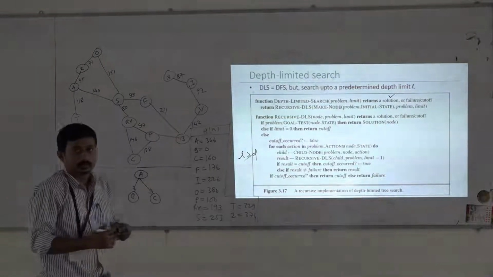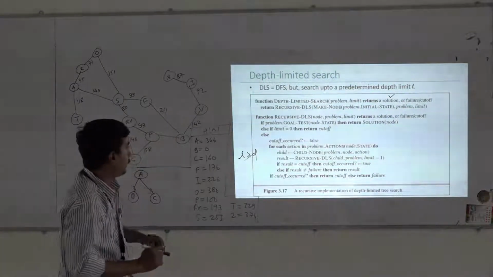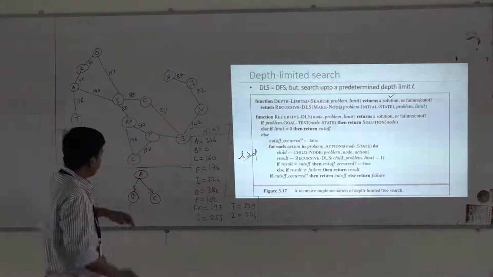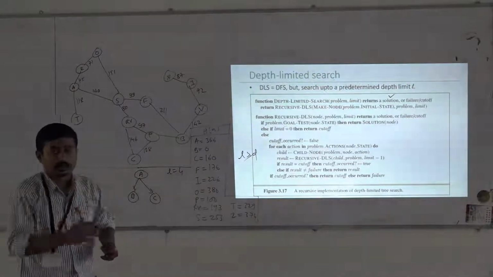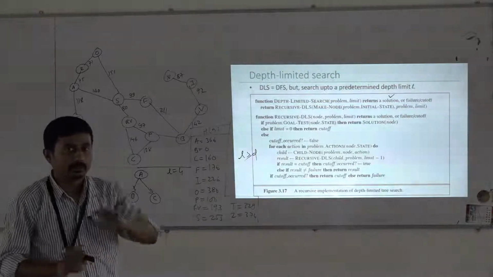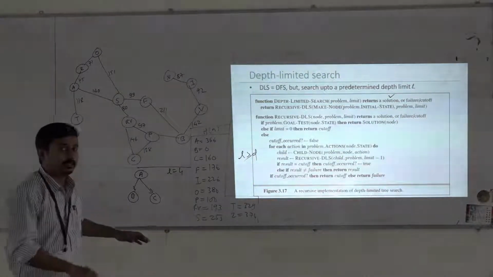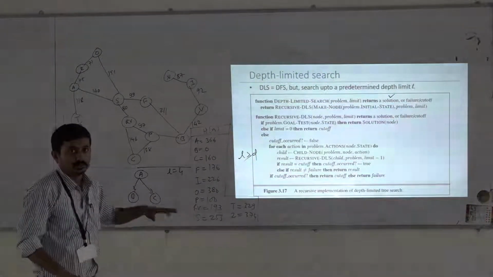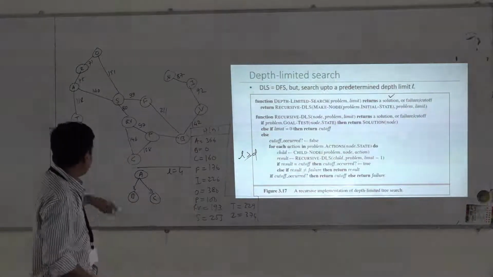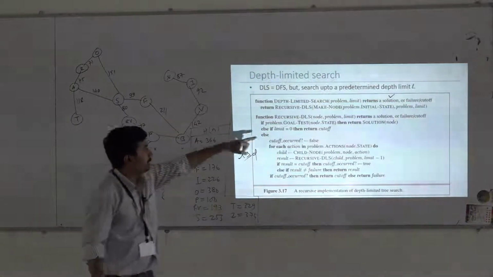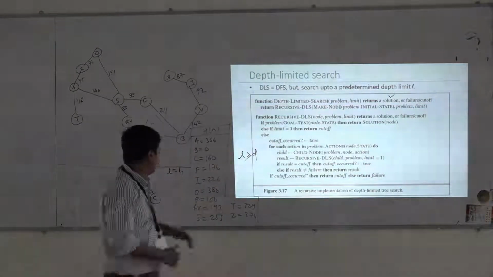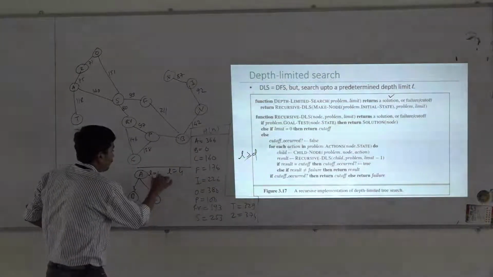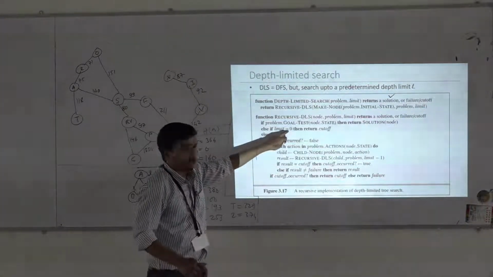Let us consider a smaller tree here. Now consider we have set L equals 4. That is ensuring that we will visit every node here. And consider there is no goal present in our search tree. So we will continue with A. We will apply the goal test on A. It is not a goal state. Its limit, for this one L is 4, so this is false.